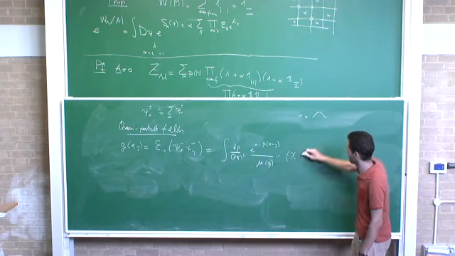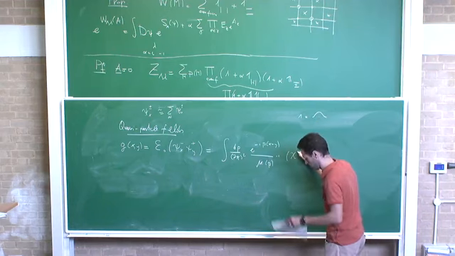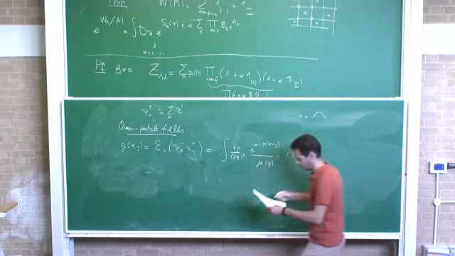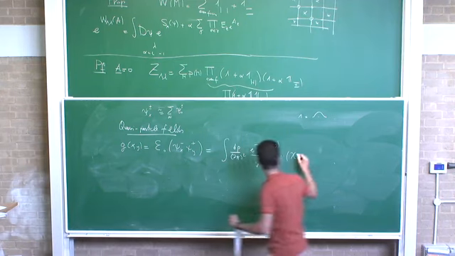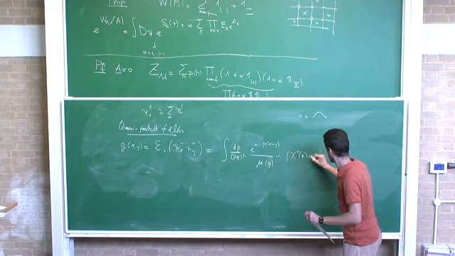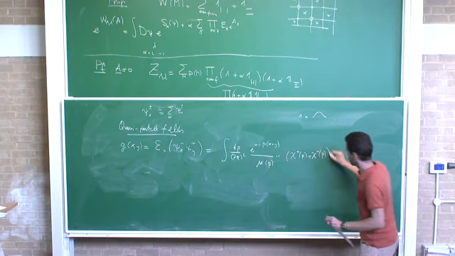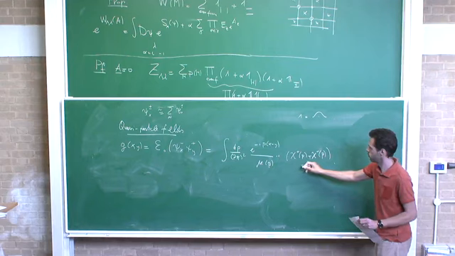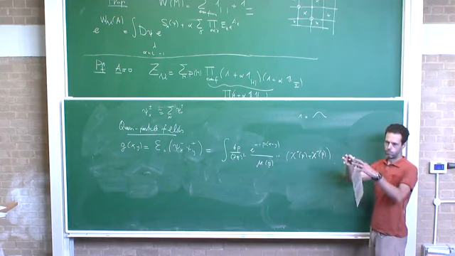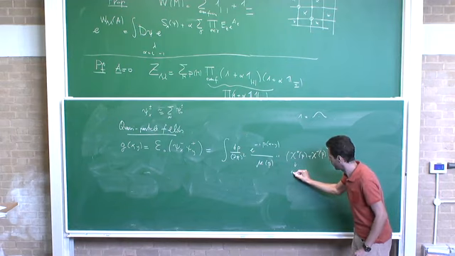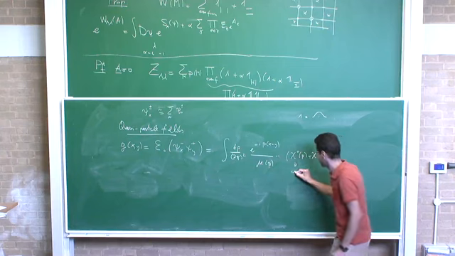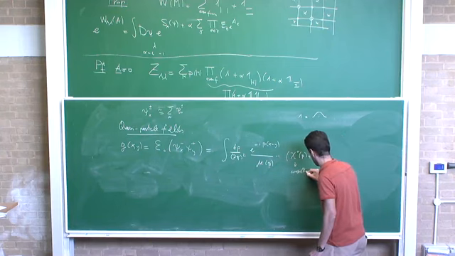So we want to write one as chi plus and chi minus. So chi plus and chi minus are just two functions between 0 and 1, which are concentrated close to